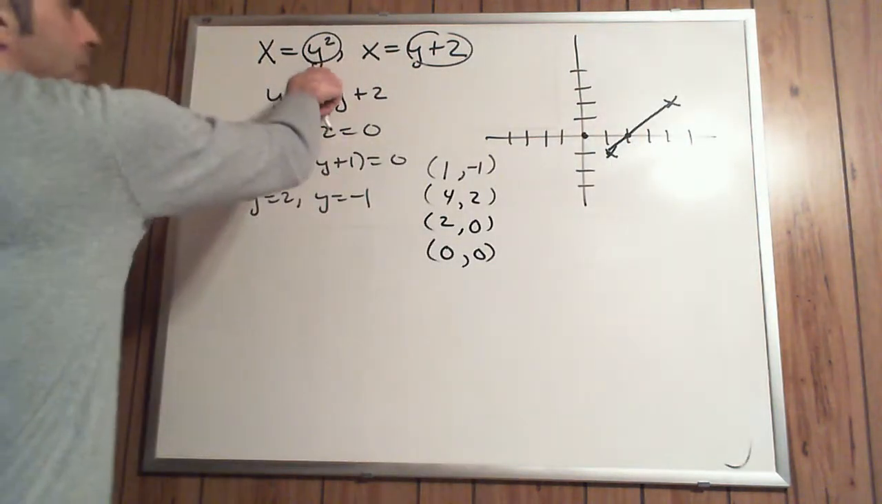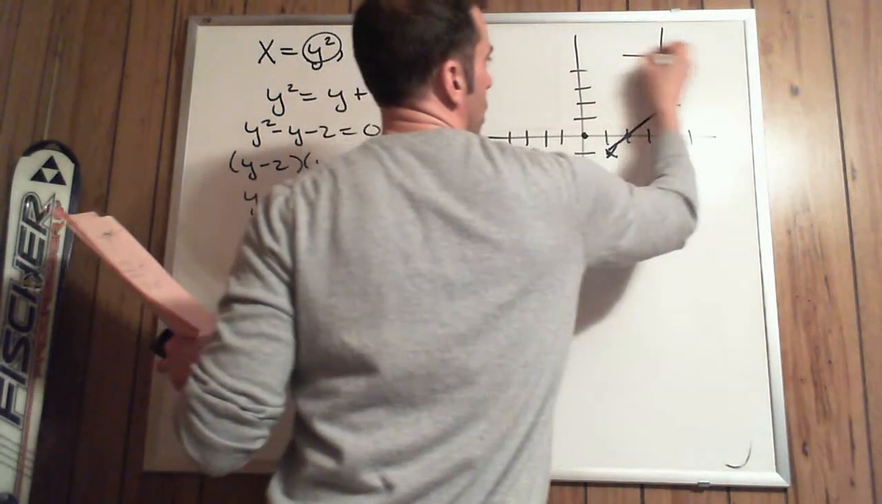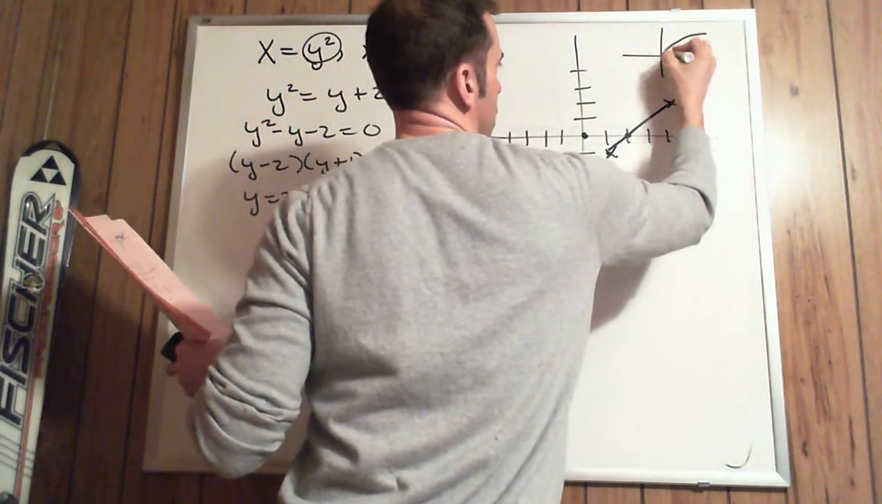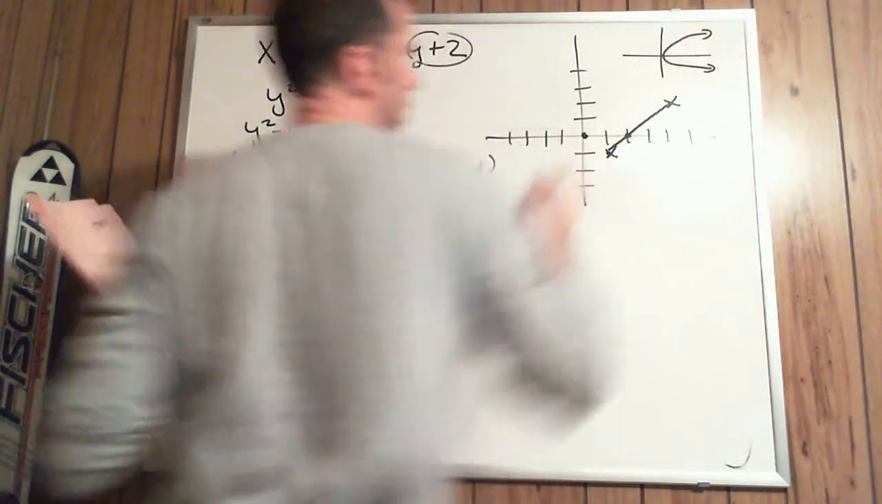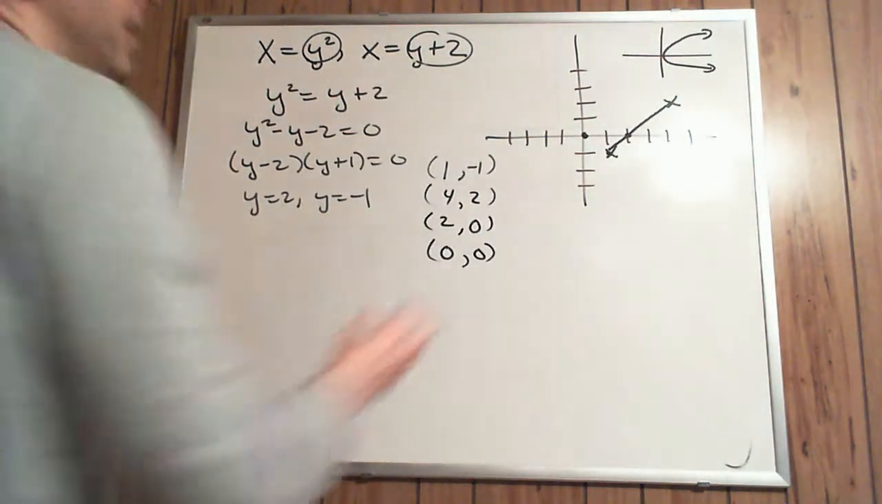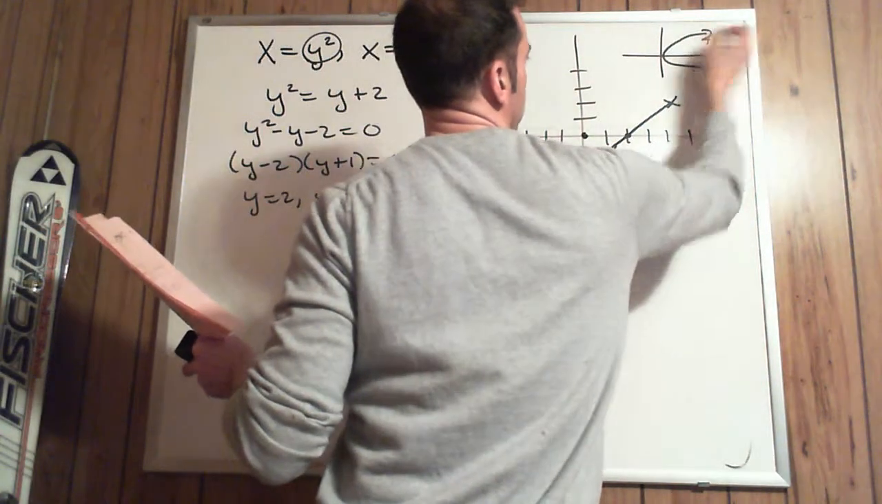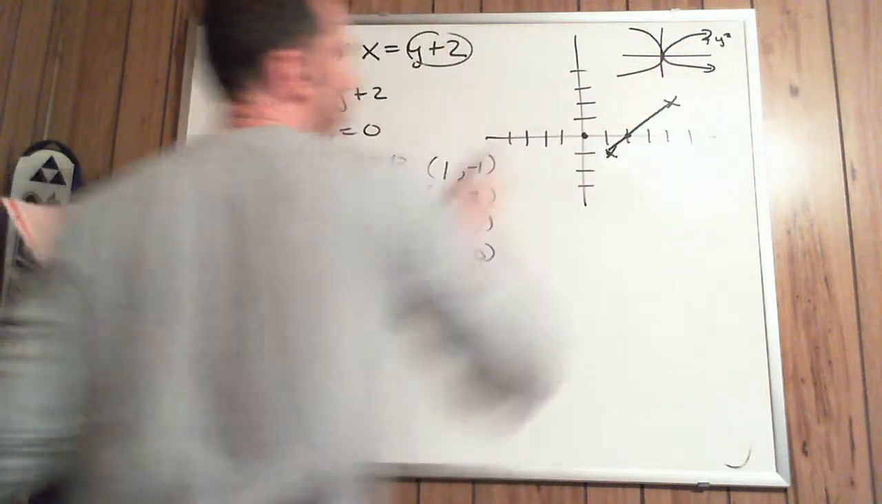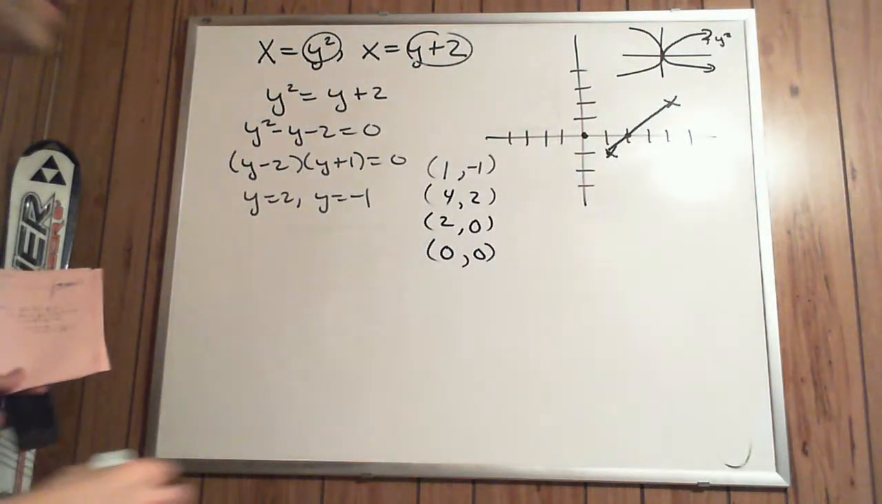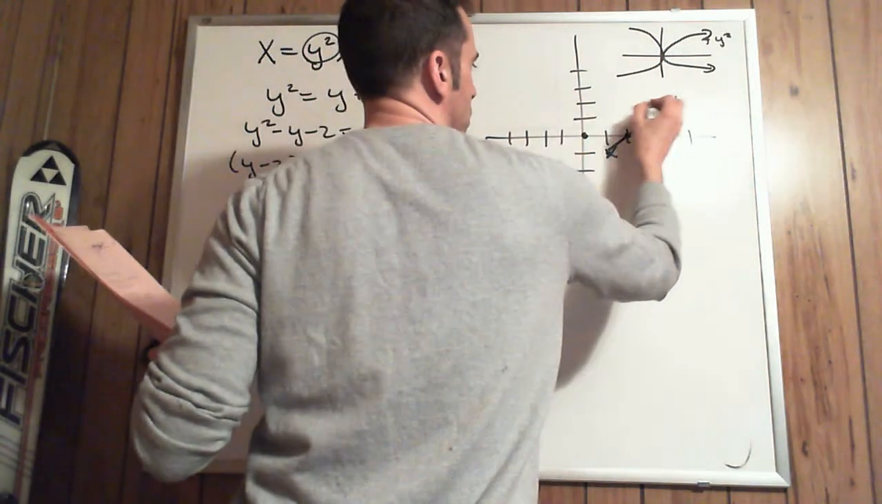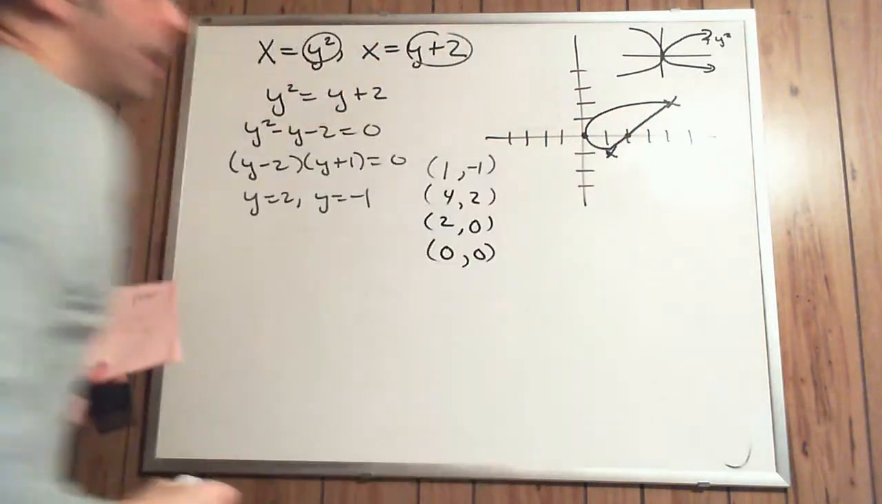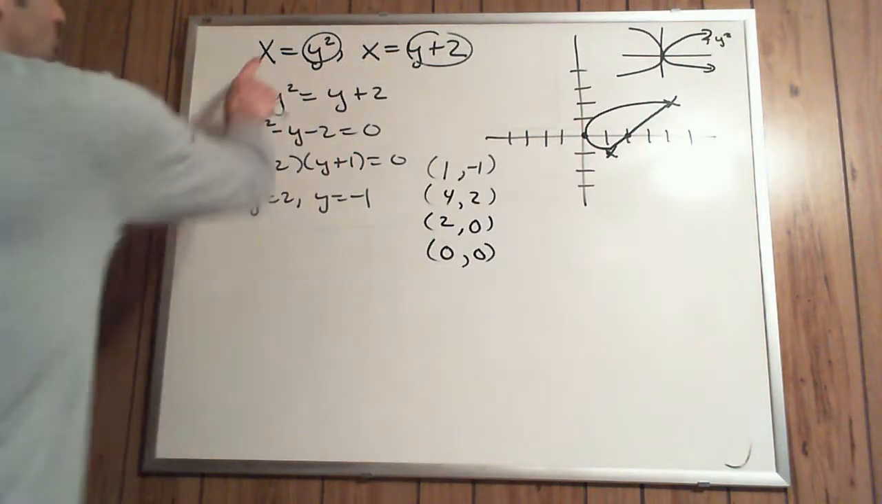Well, when you have a positive y squared, it is a parabola sideways opening to the right. This is a positive y squared. A negative y squared reverses it the other way. So positive y squared will get swung this way. Now, when these are solved for x,